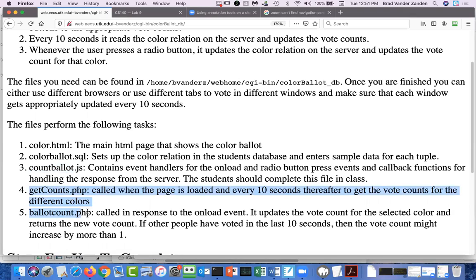For example, both getCounts and ballotCount actually go to the server and they call the database with SQL prepared statements and output JSON. I'll show you that in a moment.